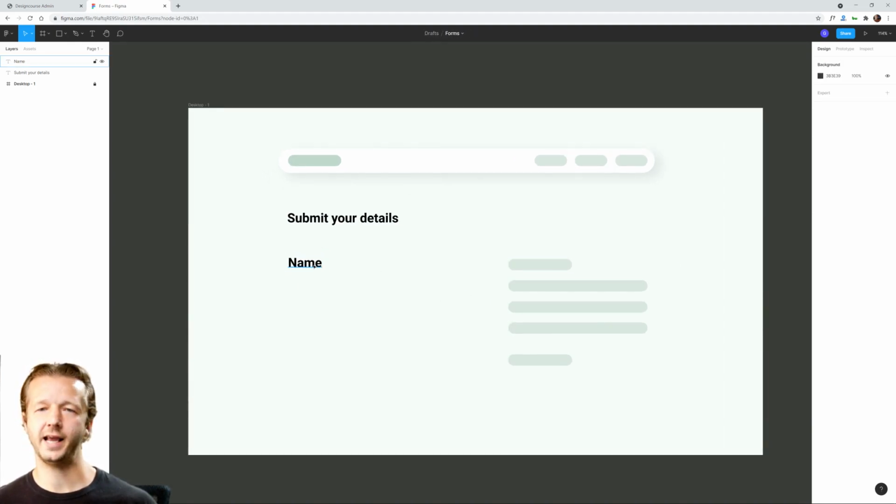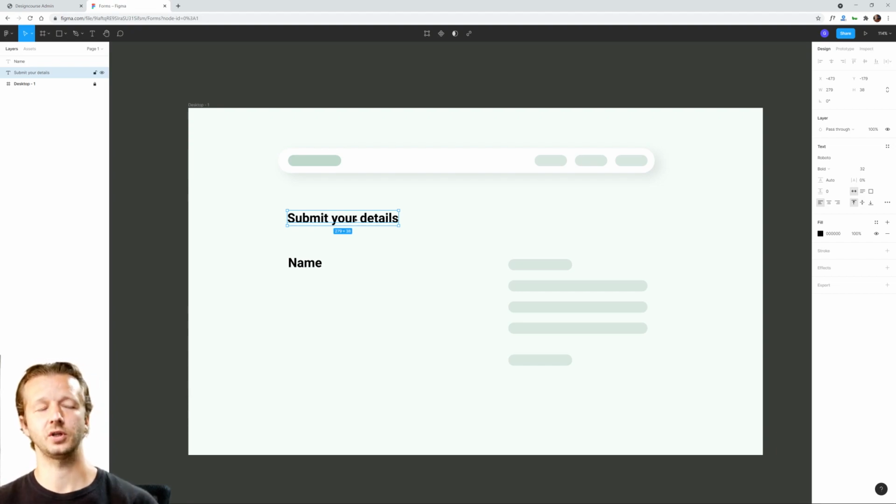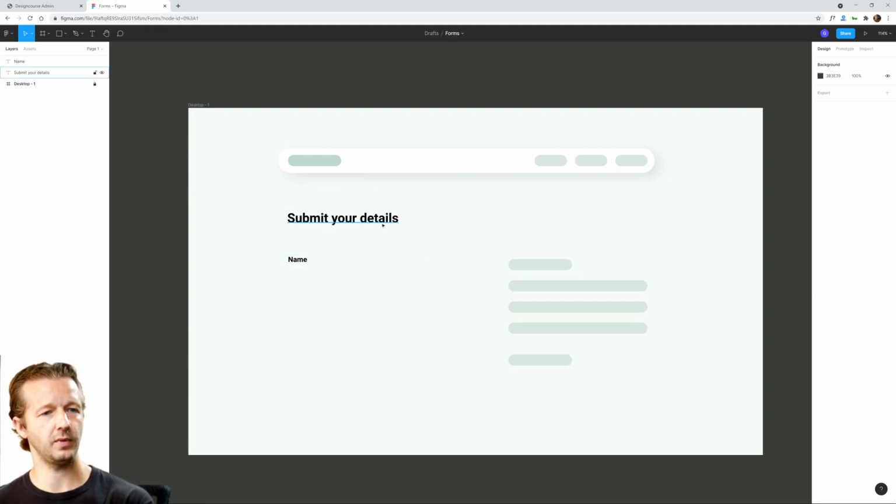We don't want to have a name field, a form label, be as big as the actual form title. So that's the issue of visual hierarchy. We're going to scale that down in order to really increase that visual hierarchy or that separation. So I would say roughly around 18 for the size would work pretty well. And we have enough of a distinction where